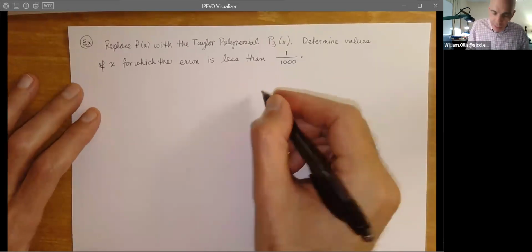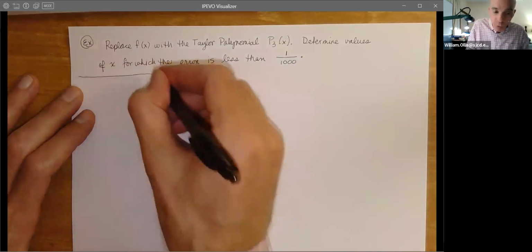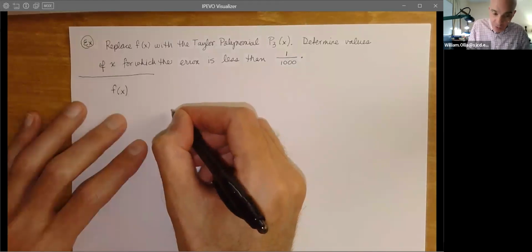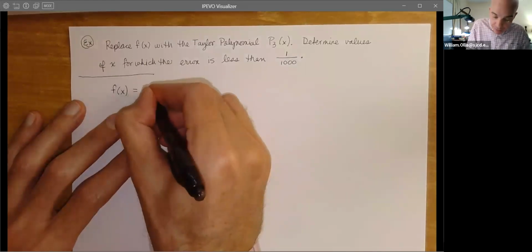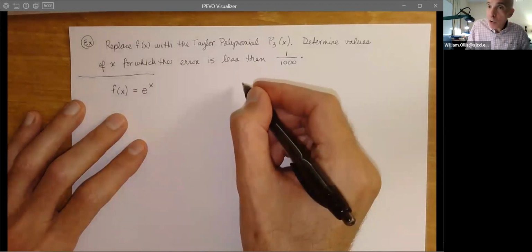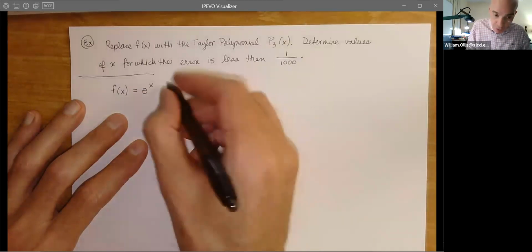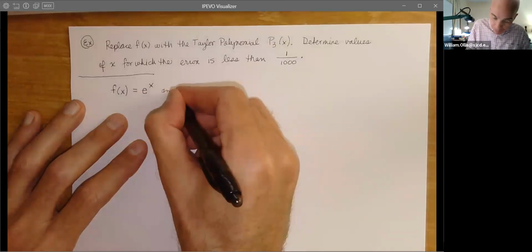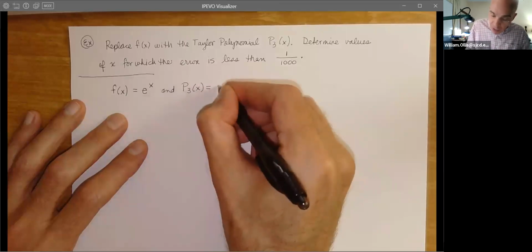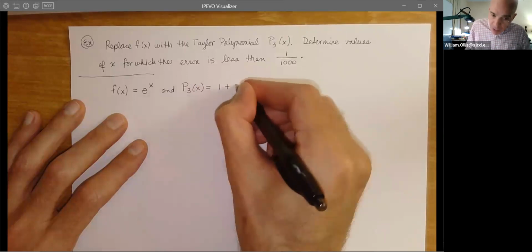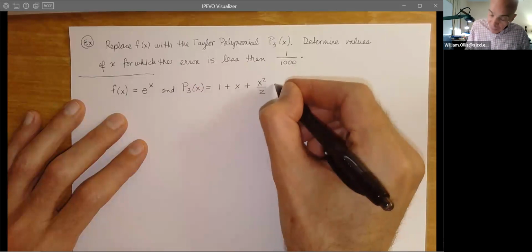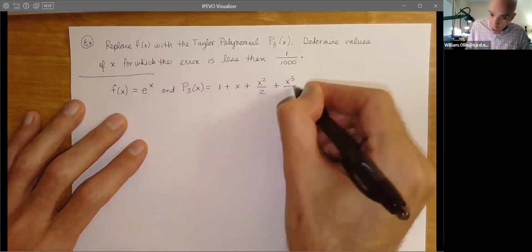So, well, what is it? Well, I'll give you the punchline here. And this is one we've already worked on. So f of x, here's what WebAssign gives us. F of x is e to the x. And we're going to be given the Maclaurin third degree polynomial. We're given the third degree, and you know this, we just computed it. This is 1 plus x squared over 2 plus x cubed over 6.